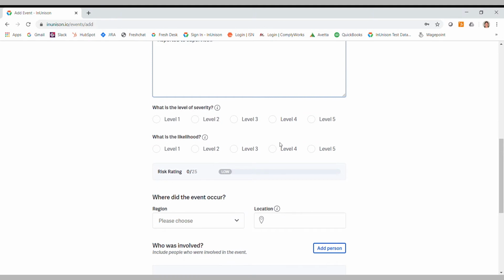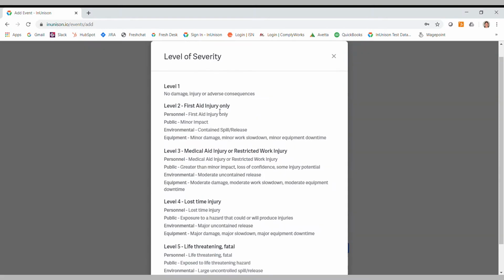Now, as you scroll down, one of the things that you will need to enter is the level of severity on this event. This is based on a 1 to 5 scale. Looking at the scale, it's a bit uncertain as to what the severity of our incident would be. So there's a little i here, which is an information module. You can click on this module and a pop-up will appear to let you know how to gauge the severity